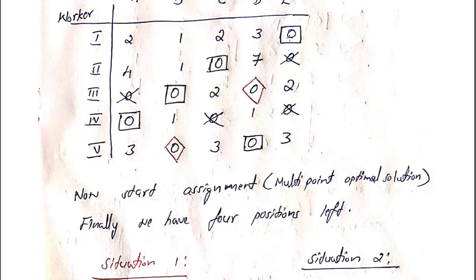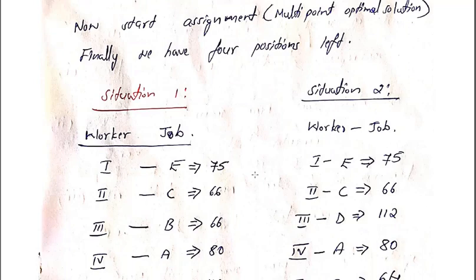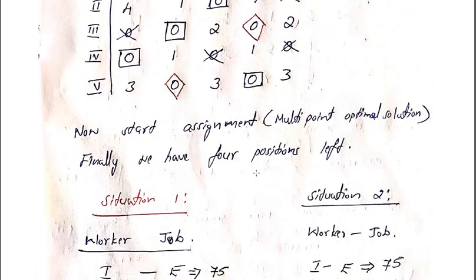So in this row you select this. In this row you can select the second row, third position, third row, second position, or this position, fourth position. In the fourth row, first position we have the assignment. In the fifth row, either the second position or the fourth position. So now let us look into situation 1 and situation 2. So here the worker,